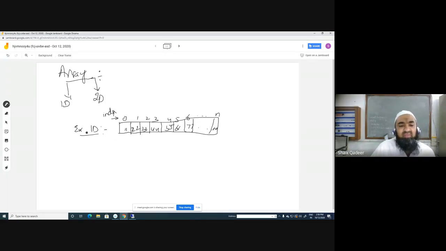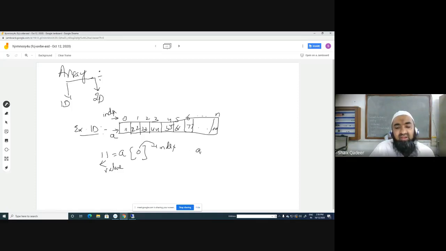So here you see, if suppose the name of this array is A, and we write square bracket of 0, we will get 11. This is called the index and this is called the value.